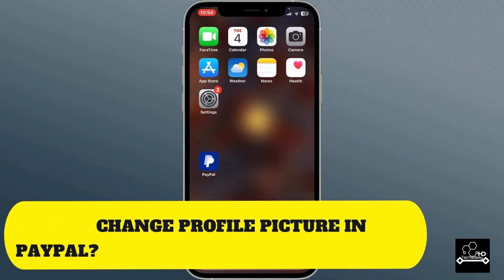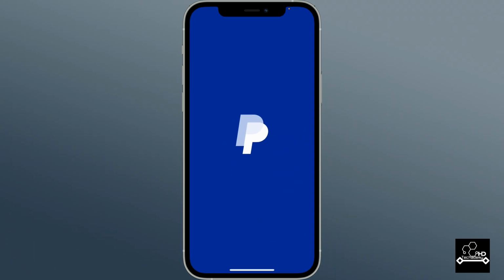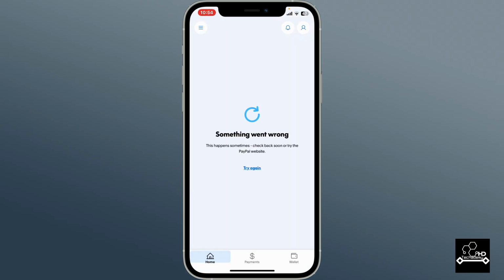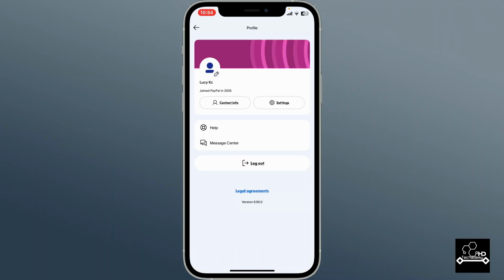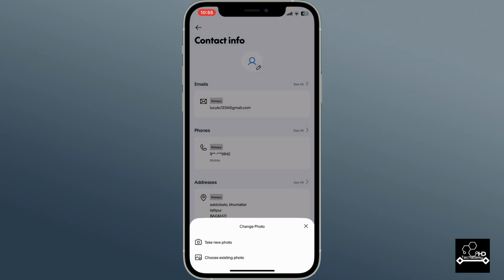To change your profile picture in PayPal application, first of all, open the PayPal app on your device and log into your account. After signing into your PayPal account, click on your profile icon at the top right corner from the home page. Now click on Contact Info. Under Contact Info, tap the pencil button underneath your avatar or the human icon at the top,